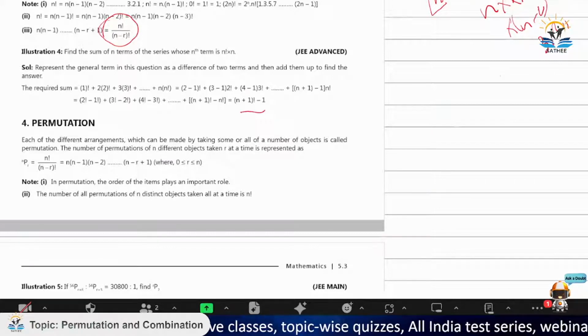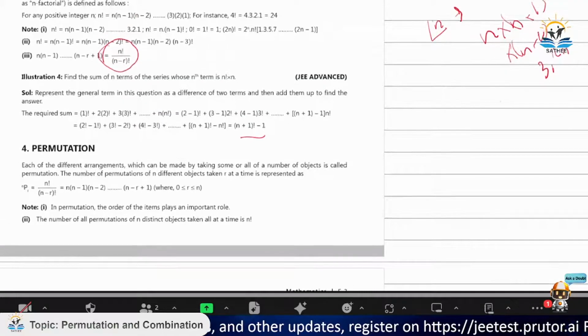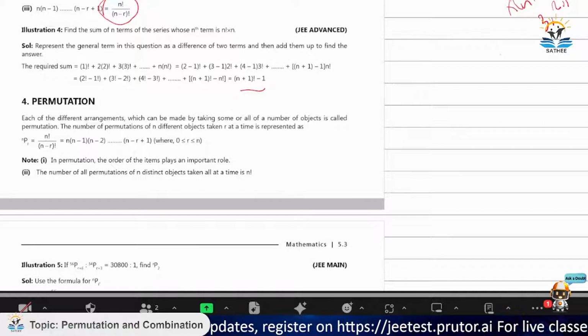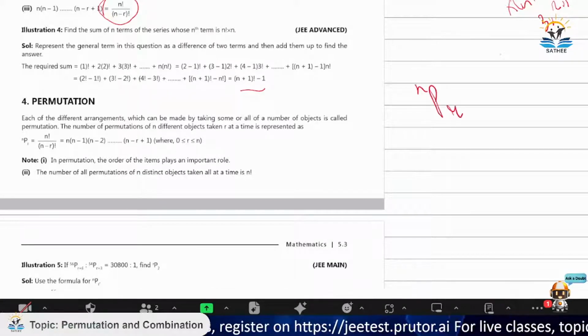इसको अगर हम हिंदी में ट्रांसलेट करने की कोशिश करें तो नंबर ऑफ अरेंजमेंट जो कि हम कुछ या सारे नंबर ऑफ ऑब्जेक्ट्स लेकर कर सकते हैं उसको परम्यूटेशन कहते हैं, राइट. A bit tricky to you. अभी समझ नहीं आ रहा होगा कि what the definition is exactly trying to say. But on solving questions, I hope it will be much clearer. So let's see what the definition and representation of a permutation is.